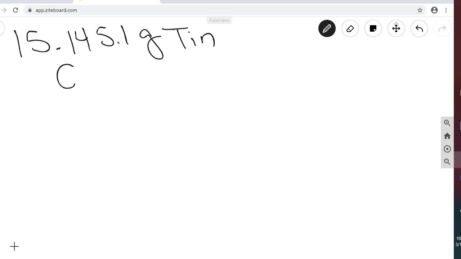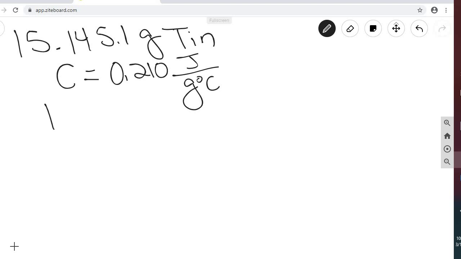Okay, then the last one that we will do for this chapter is number 15. And number 15 says we have a 145.1 gram sample of tin. And it tells us that tin has a specific heat capacity of 0.210 joules over grams degrees C. And it says that it is heated to 150.0 degrees C. Okay, so if the tin is heated to that temperature before it's dropped in, that is the tin's initial temperature. Then it says it's dropped into a calorimeter that we don't know its mass, but the